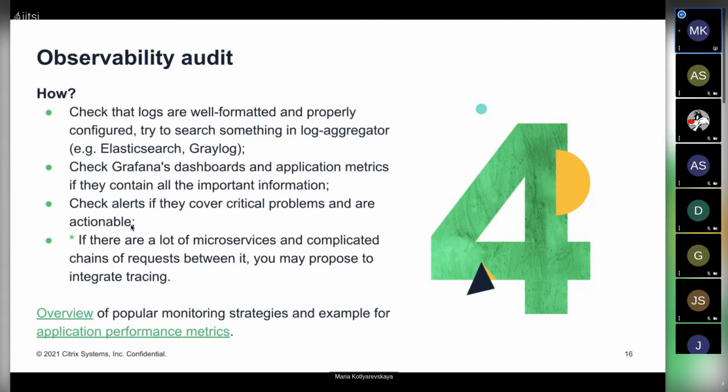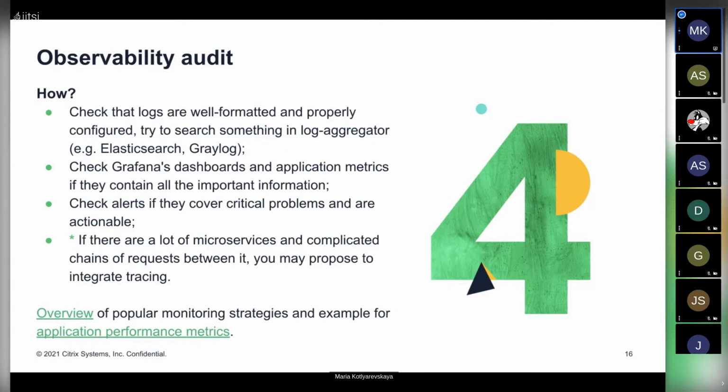Maybe if developers are complaining about the amount of alerts or that they are useless, you can review those alerts, maybe add some new alerts, and it will clear the situation. As a starting point for application metrics, I added some links on the slide, so you can check them if you are interested.